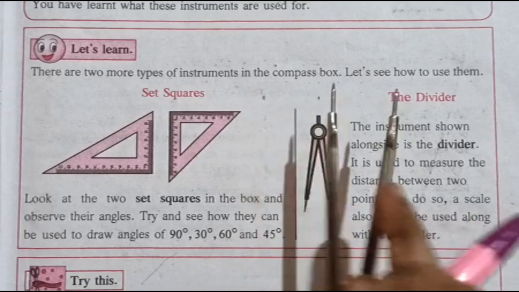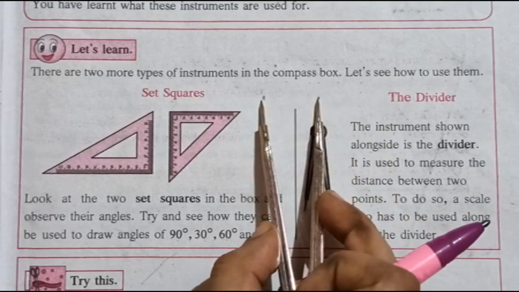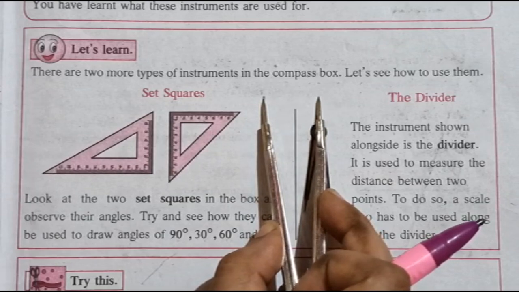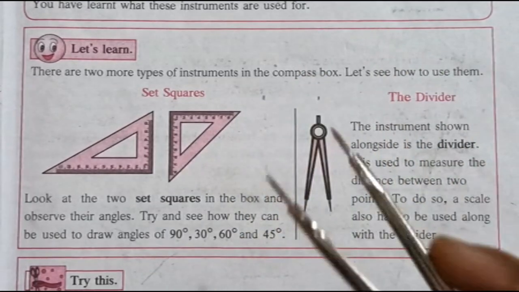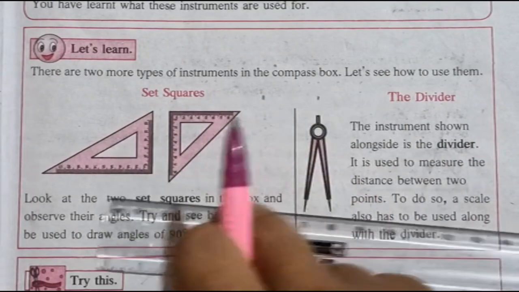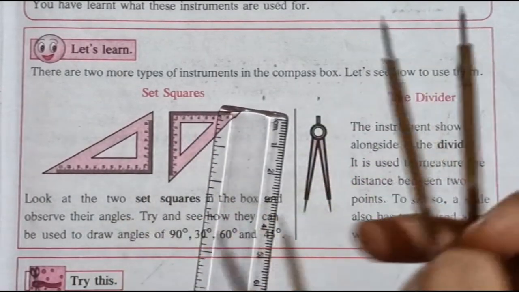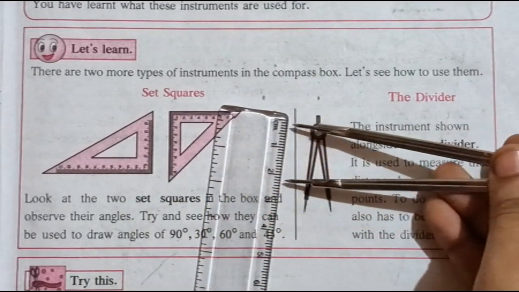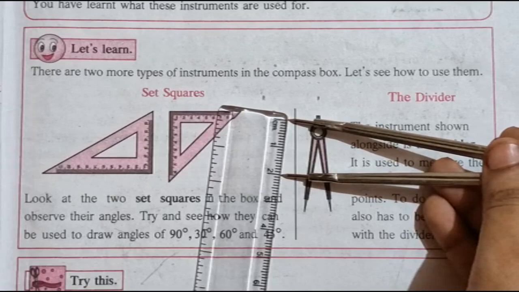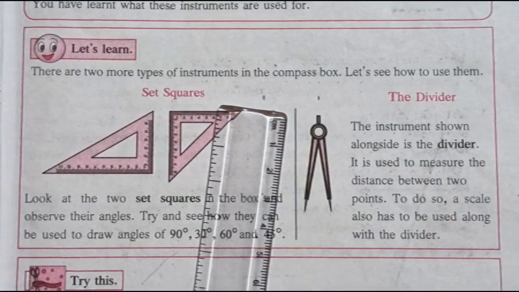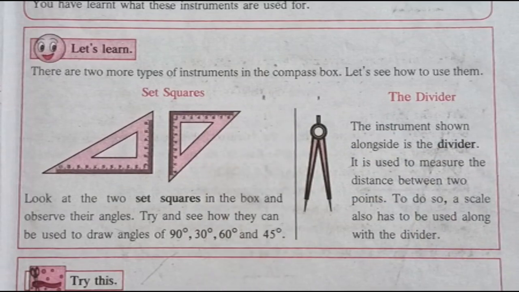Now these two, if I place them here on this dot, you will measure it. Okay, this is the proper measure. Then you have to place this on the ruler and see. Suppose this is the ruler. I've taken exactly the measure of these 2 points, and then I will place it over here, and I'll see it's exactly 2 centimeters. Clear? So in this way the divider is used to measure it.